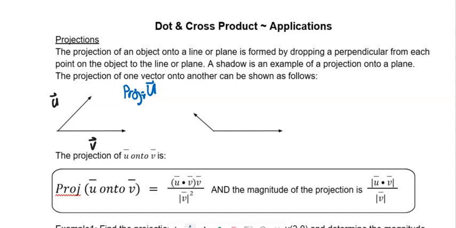So I'm going to take u and I'm going to think about what would its shadow look like if it was projected onto v. And it's going to create a shadow all along this portion of v. So this is the projection of u onto v. And it can go the other way too. So let's say this is u and this is v. And again, I'm just going to think about where does that shadow exist. And so here is the projection